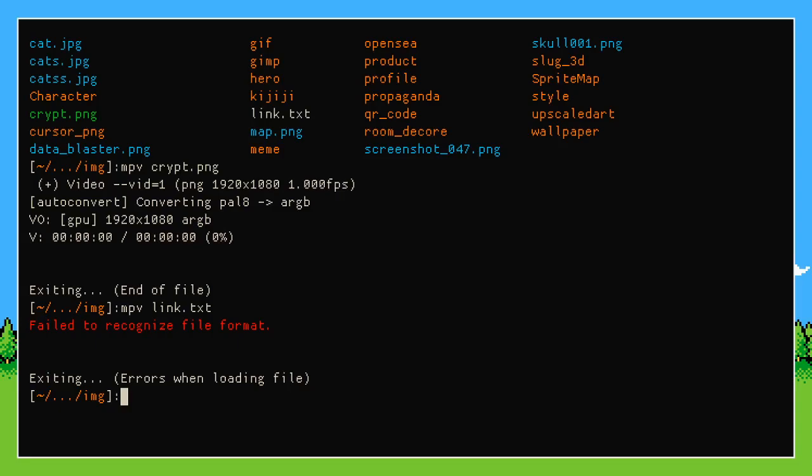But in some cases, if you don't gain any benefit from it and you lose on some front, then yeah, MPV is fine, even if it's not based on the Unix philosophy.